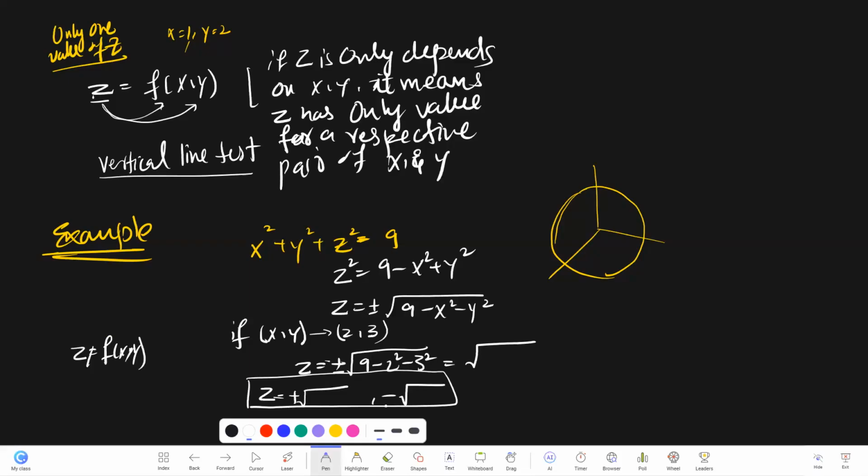And what's the implication of the vertical line test? It means I'm going to take a vertical line like this line. And you give me the values 2 and 3, right? So I say 2 and 3, this is my x, this is my y. I'm going to go to 1, 2 here, and then 1, 2, 3. I'm going to go here, here. At this point, I'm going to draw a line here. I'm going to make a line like